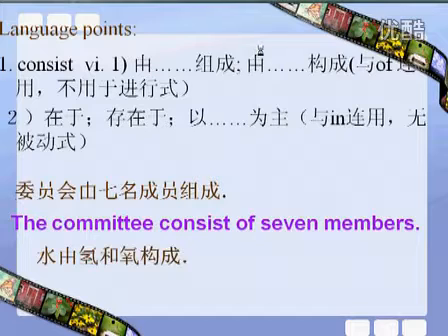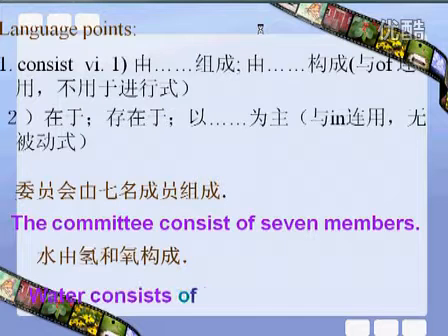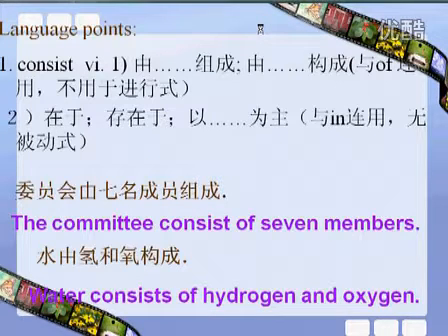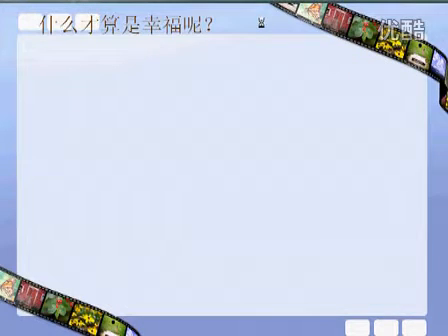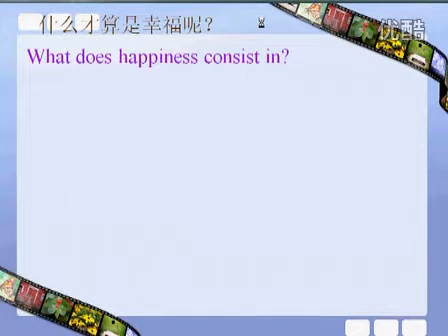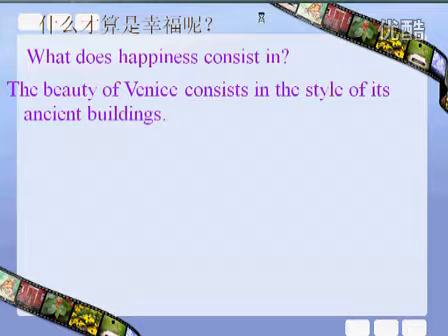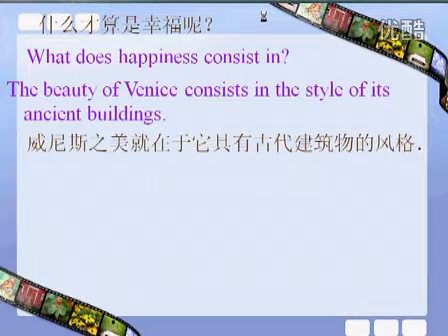水是由氢和氧构成的。Water consists of hydrogen and oxygen. Okay, the next, what does happiness consist in? 什么才算是幸福呢？Okay, and the beauty of Venice consists in the style of its ancient buildings. 威尼斯之美呢就在于它具有古代建筑的风格。